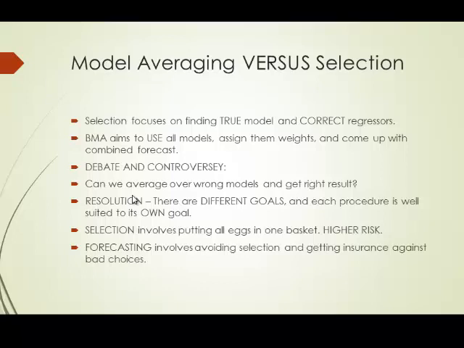So it turns out that the other method is to try to find the true model and then use the true model to forecast. But the chances of our selecting the true model are very low in these situations because there are trillions and trillions of possibilities. So if I do this, then it's like putting all your eggs in one basket, and it's a very high risk strategy. So if you're doing forecasting, then it is better to do model averaging,